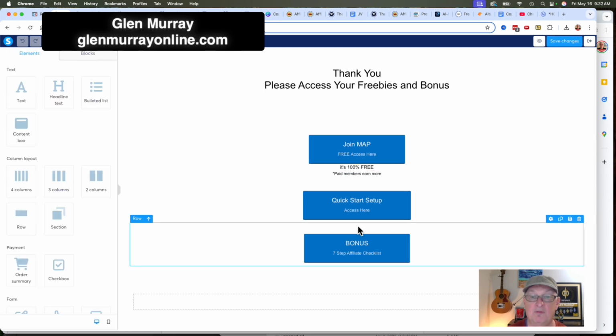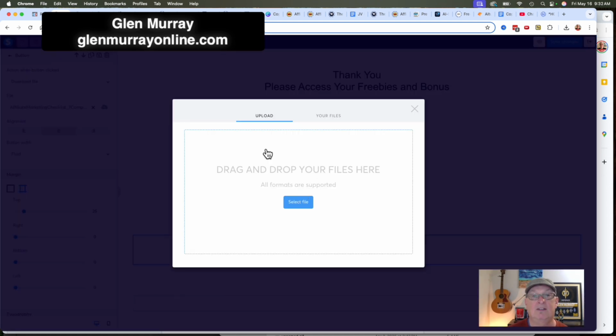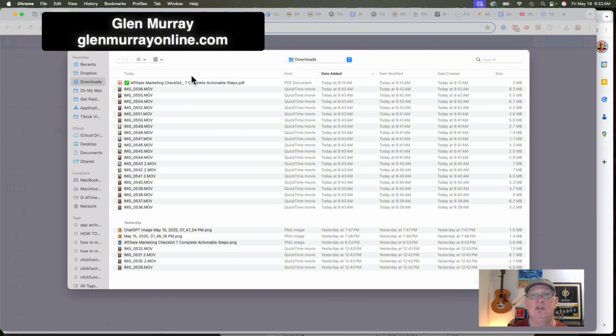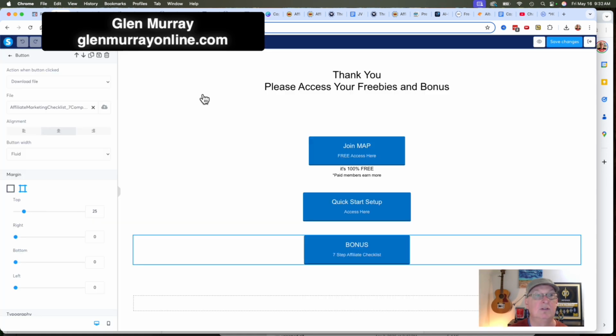And this is where, for this bonus, when you create the document out of Google, you're going to upload it, right? Select the file, and you're going to upload that PDF that you downloaded from Google. Okay. I've already got it up here. So it's right here. It's already in there. So I just want to grab this link. And I want to go back to